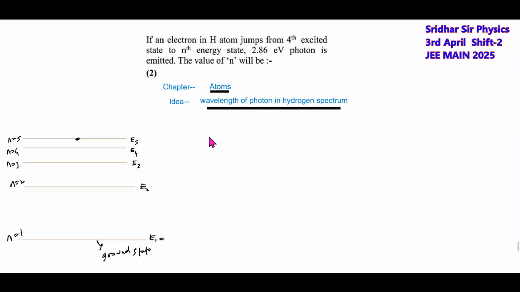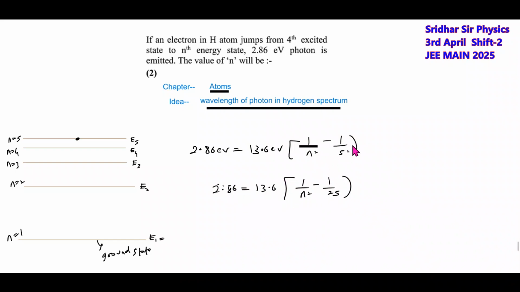Okay, so what is this will be 2.86 electron volt equal to 13.6 electron volt, times 1 by nf square minus 1 by ni square. So this will become 1 by 25. The value of n has to be calculated. So this will become